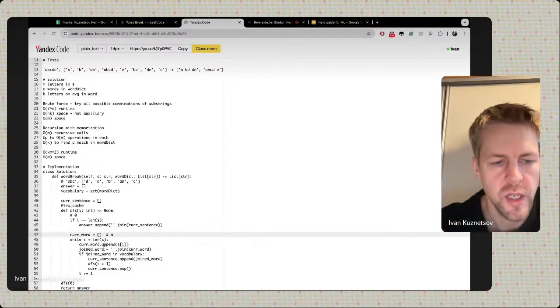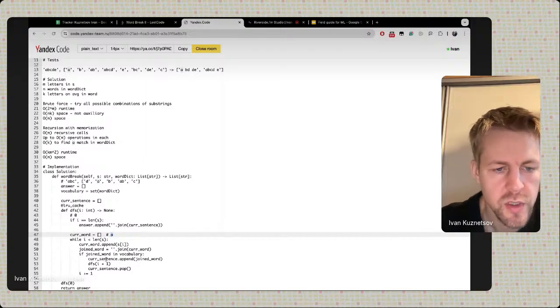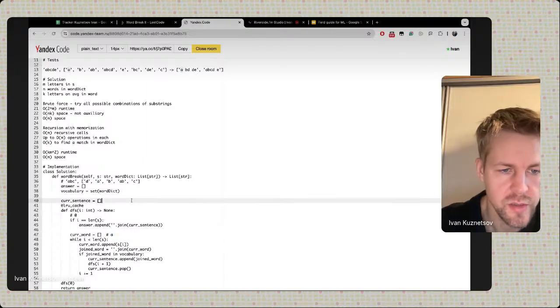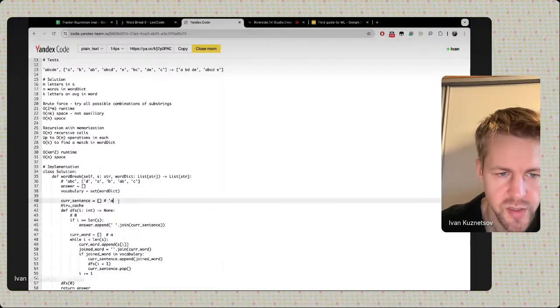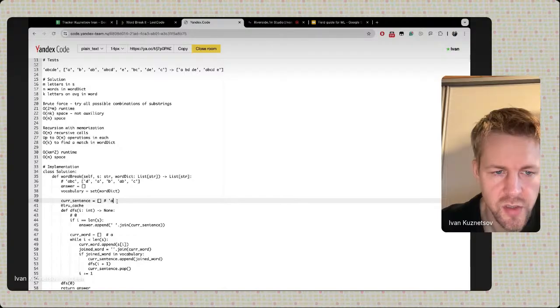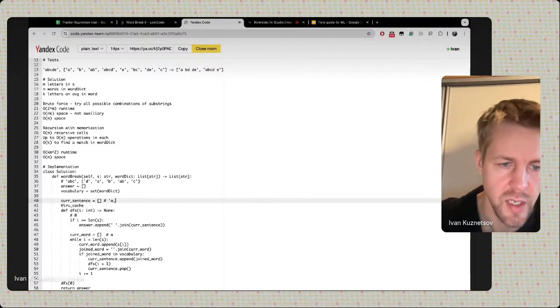We are appending letter A, and then joined word becomes A. And if joined word is in vocabulary, then the current sentence becomes also A. Oh, what have I forgotten? I have forgotten spaces here, right? Yep. So the current sentence comprises words, and we need to add spaces. The answer will need to have spaces. Current sentence doesn't have spaces yet. So current sentence is actually a list, so it will be A, comma,